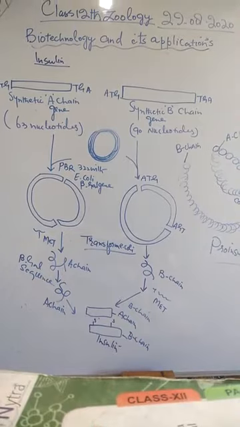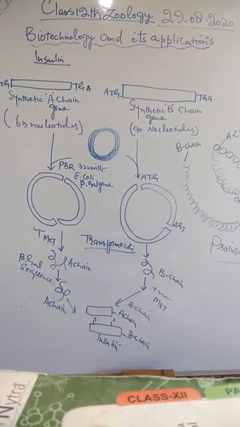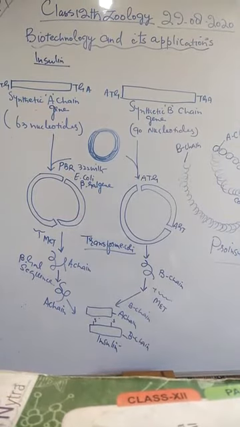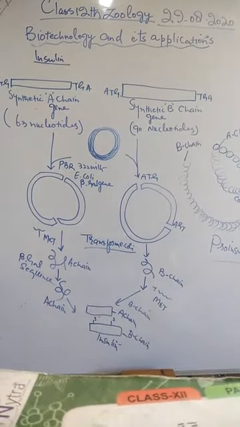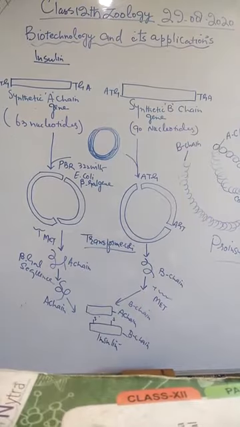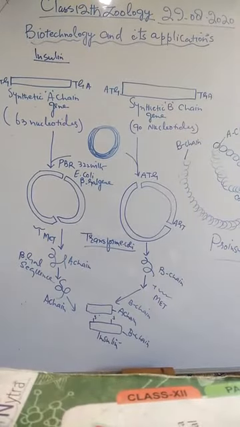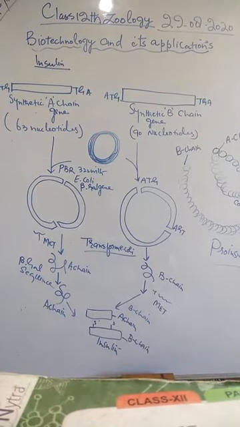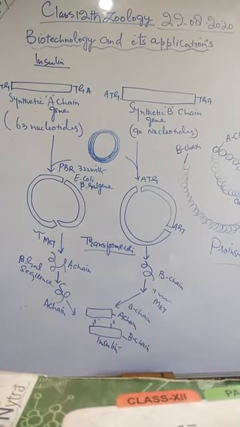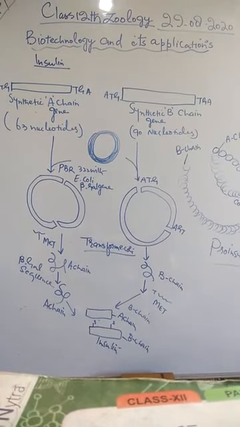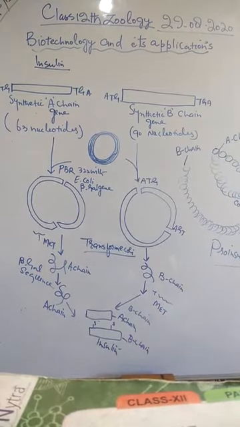In 1983, Eli Lilly, an American company, prepared two DNA sequences for the A and B chains of human insulin and introduced them in plasmids of Escherichia coli, as visible from the diagram in front of you. The two types of polypeptide chains were extracted and combined by creating disulfide bonds to form human insulin called Humulin. Eli Lilly started selling Humulin since 5th July